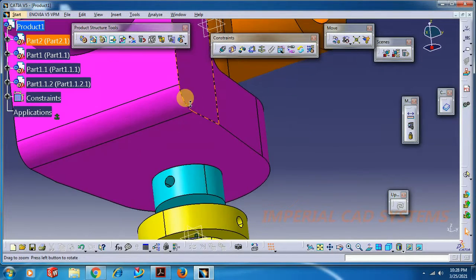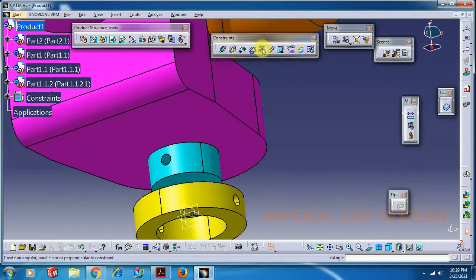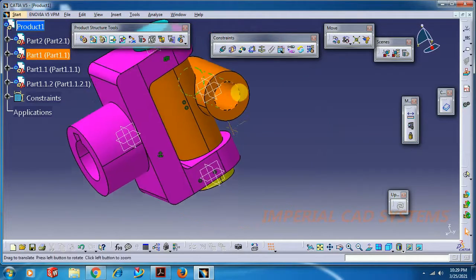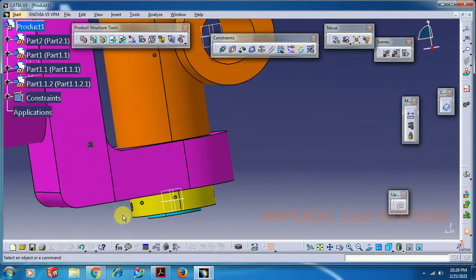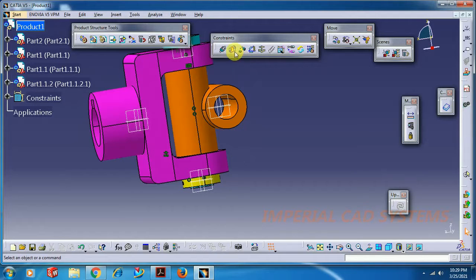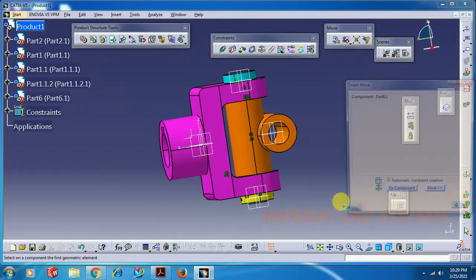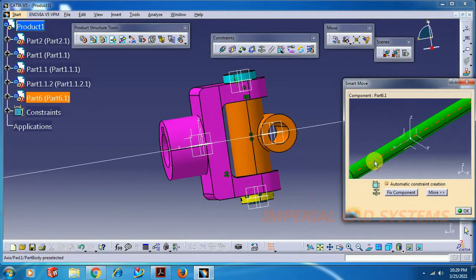Then slightly reduce this. Again go for a coincidence or contact constraint. Now you have to select this cylindrical whole surface. That's it. Now pin. Go for existing component with position, product, a taper pin, open.